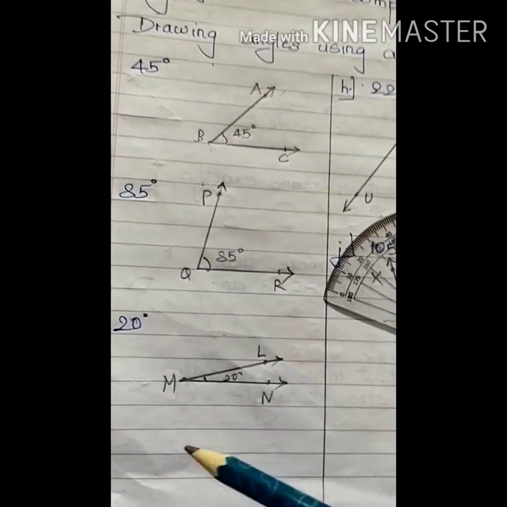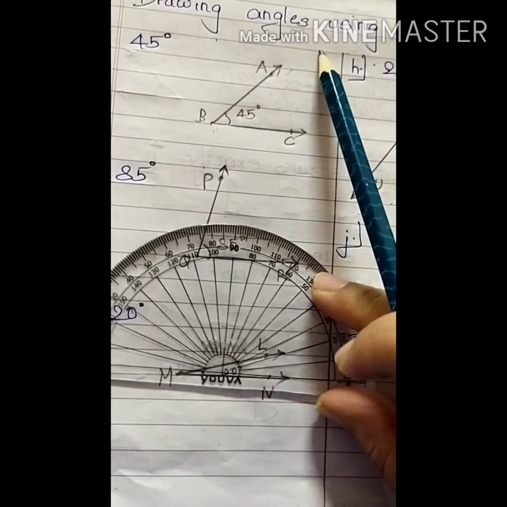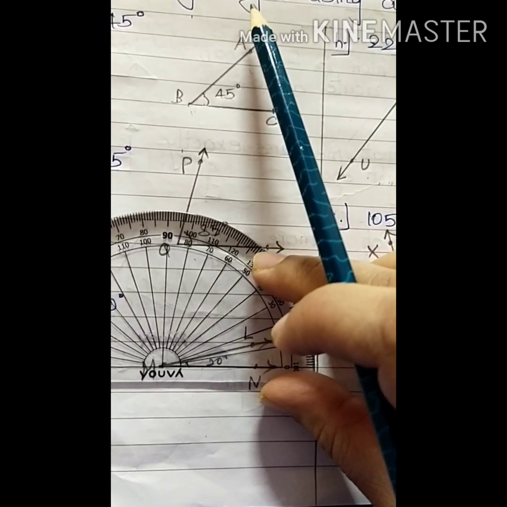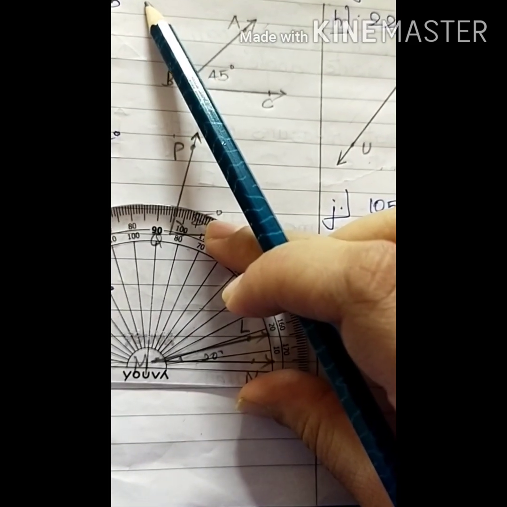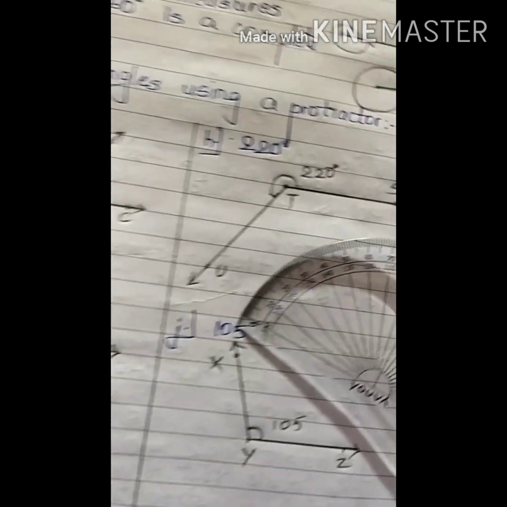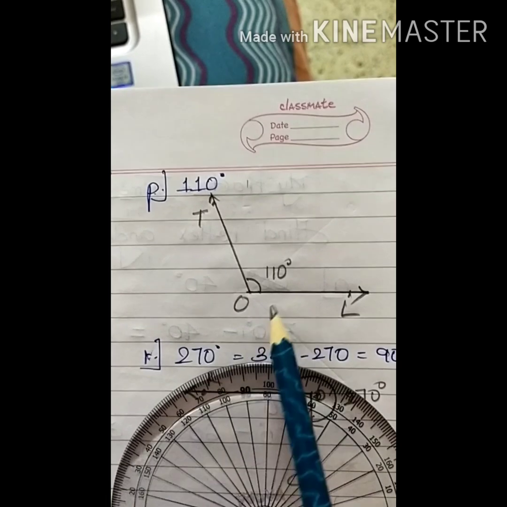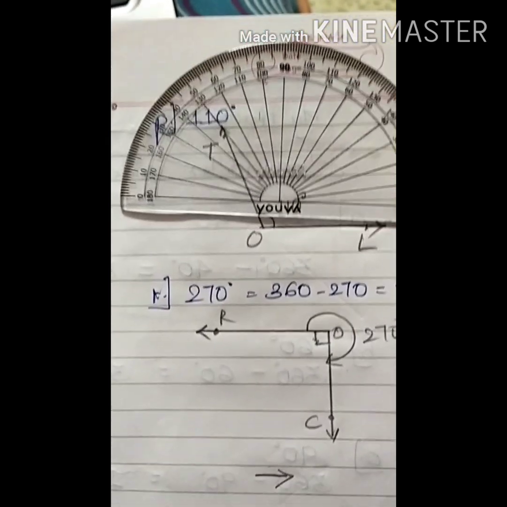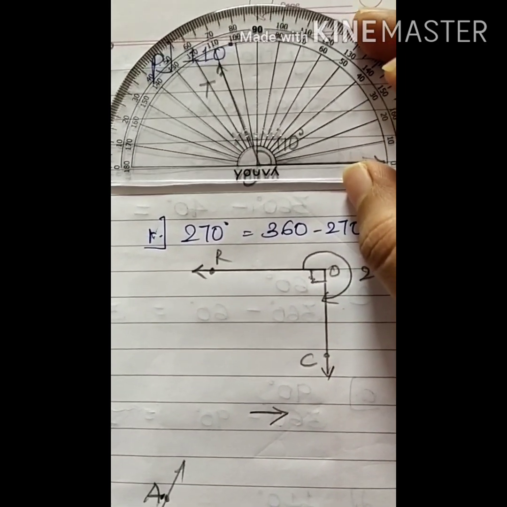The other example, let me show you, is 20 degrees. So let us come to 20 degrees. Again draw an arrow whichever side you decide. If you are taking the right side, so 20 degrees here with you, and this is how I draw 20 degrees using a D. Now I'll show you one obtuse angle. As you can see, again I have taken the arrow to the right side. I have kept my D here, and this gives me 110 degrees,